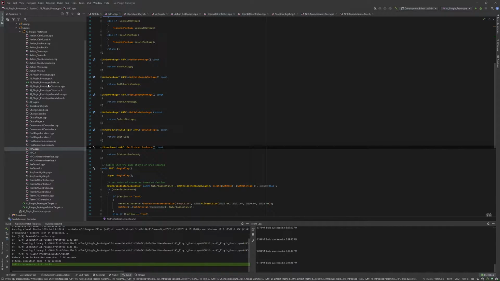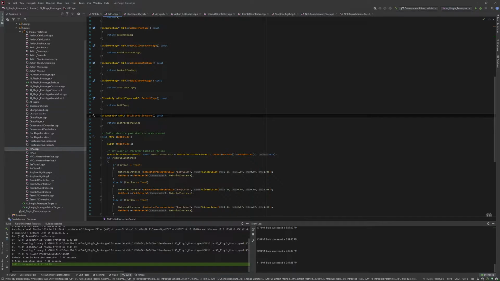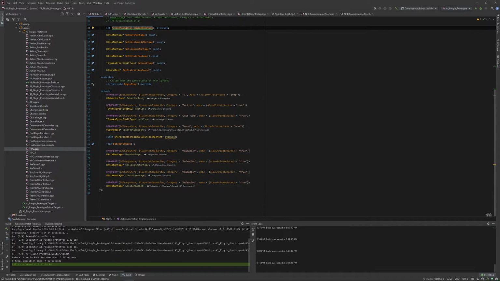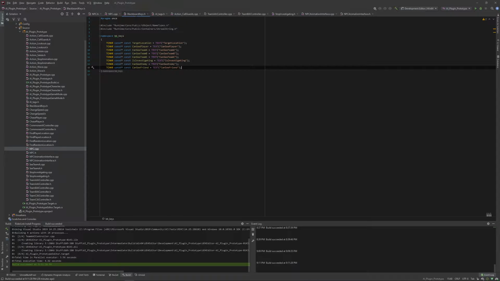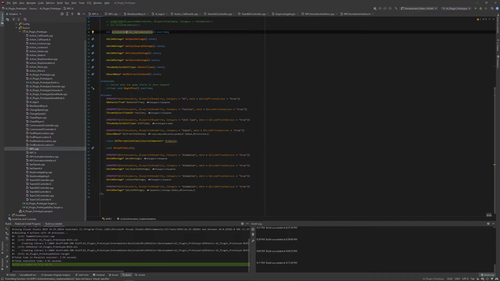Things I'd never done before, and at the same time, I also learned exactly how UPROPERTYs work. This makes them editable in the editor. I can set the faction, set the unit type, and then the unit type is in here. I use an enumerator with all the different unit types, and then these are a drop-down menu in the editor, and same with the teams for the factions. So I learned a lot of stuff about how to handle not just AI, but just basic programming tasks in Unreal using C++.